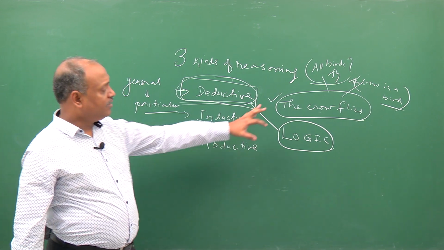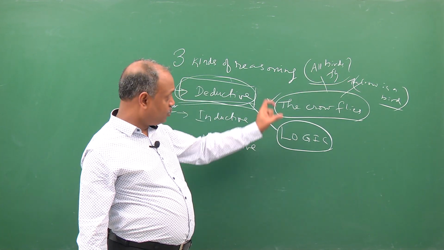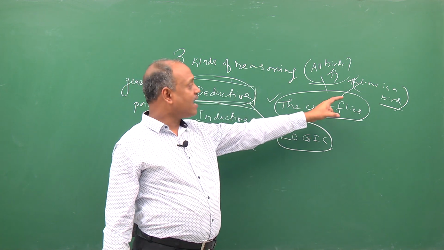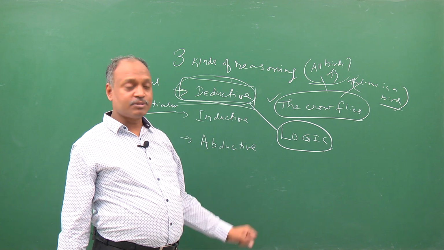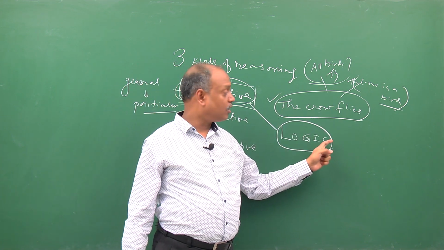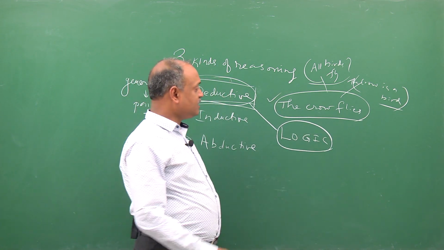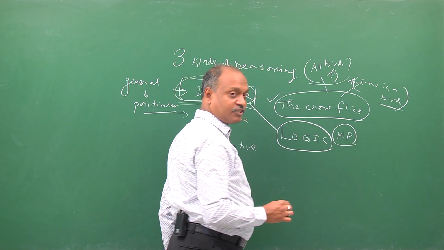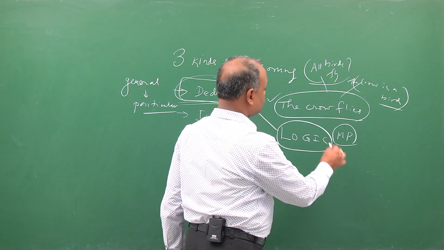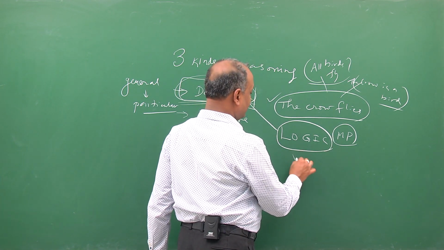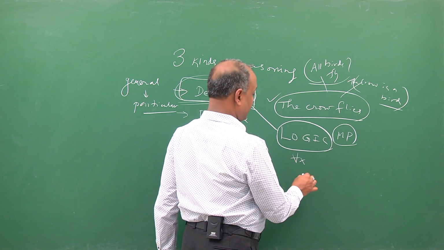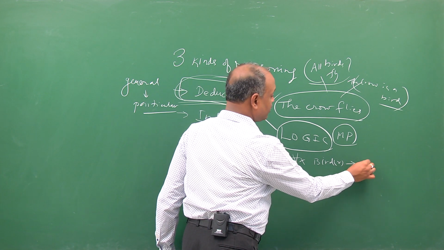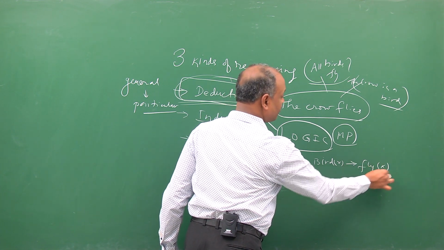For example, in this case, we have two rules where we say all birds fly and we say crow is a bird, and then we infer a new fact called crow flies. This kind of rule in classical propositional logic or first order logic is known as modus ponens. Technically, if you want to write it, it says for all x, if x is a bird, it implies that x will fly.